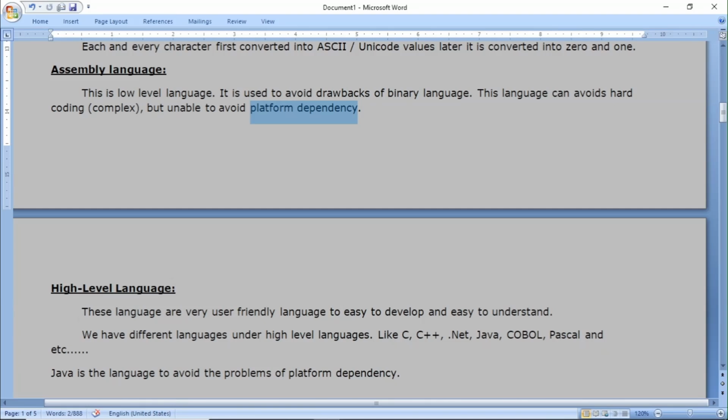These languages are very user friendly, easy to develop and easy to understand. We have different high level languages like C++, .NET, Java, COBOL, Pascal, and a lot more.